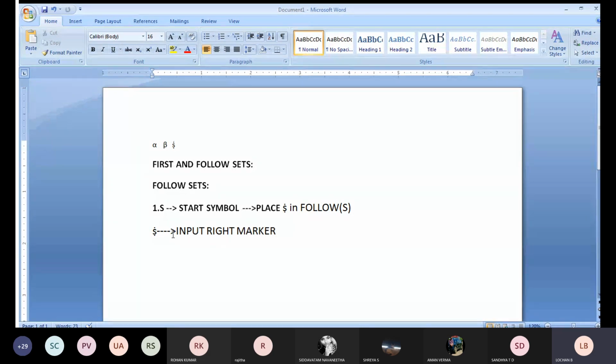These 3 steps, whatever I told in the first with respect to 3 points, everything is there in the notes. Whatever notes I sent yesterday to your group, everything is there. Once you go through it, if you have understood, it's well and good. If you find any difficulty to understand, you can call me and ask me the doubts, or in the regular class itself you can ask me, it's not a problem. Okay, first, in the follow, whenever S is